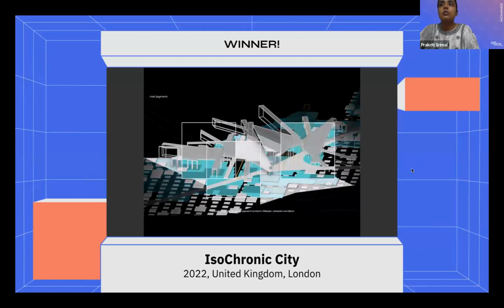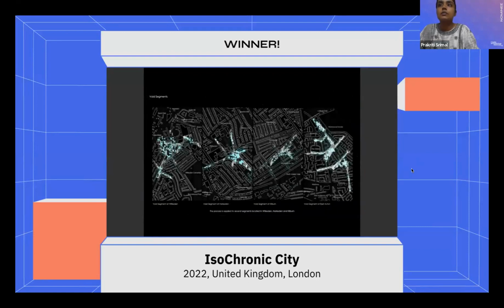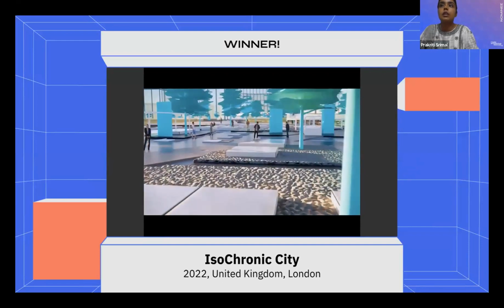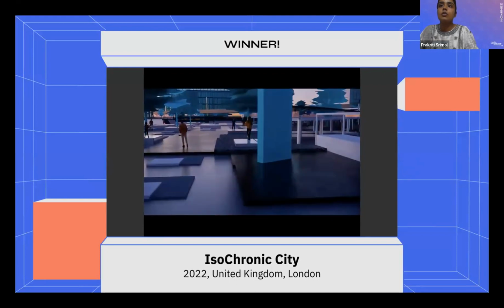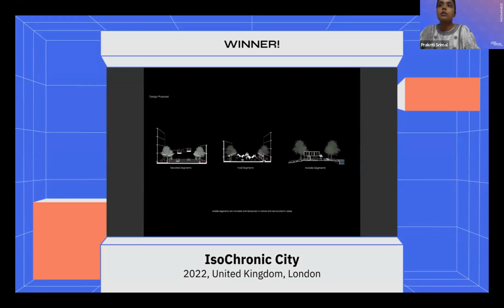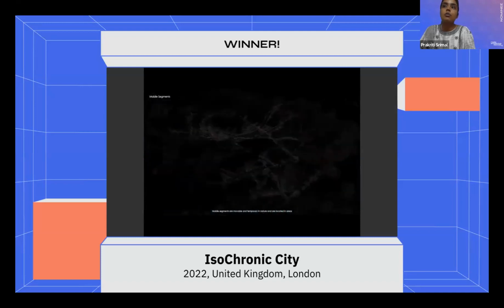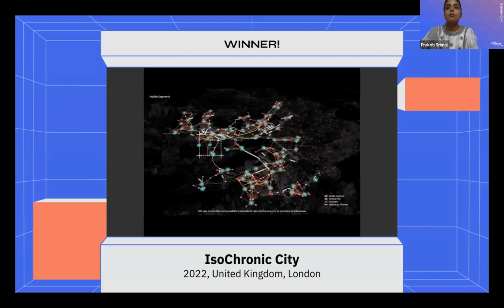Isochronic City is a project that not only addresses the physical aspects, but also the spatial characteristics, while creating a 15-minute neighborhood which is sustainable, inclusive, and accessible to all. I would also like to thank and express my gratitude towards Bartlett School of Architecture and our tutors, Mr. Roberto Bertazzi and Dr. Tassos Varudis, for providing us with such a great learning platform.